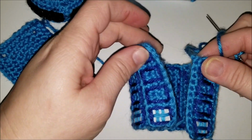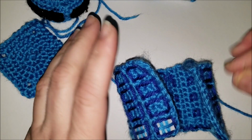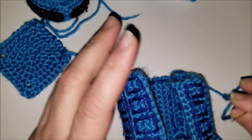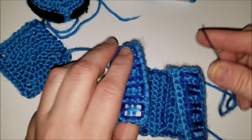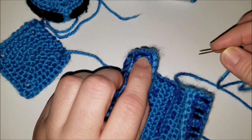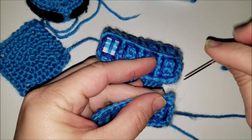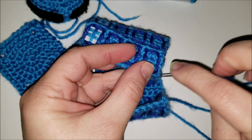So we just need to close this door, and we're not going to close it all the way, unless you want to stuff this instead of doing the interior structure. You'll just do a ladder stitch back and forth to close this up. I just need to close the very bottom two corners here so that when I attach the bottom base square there,